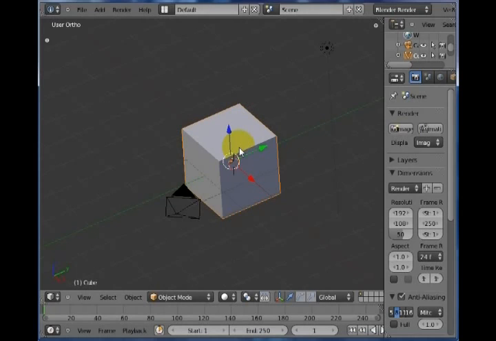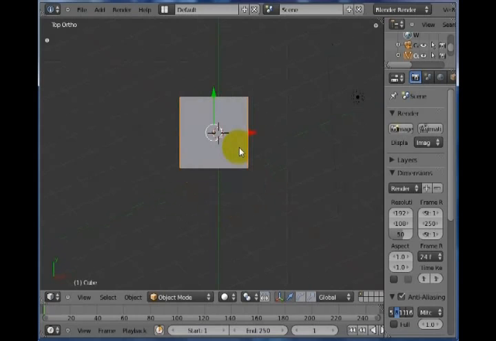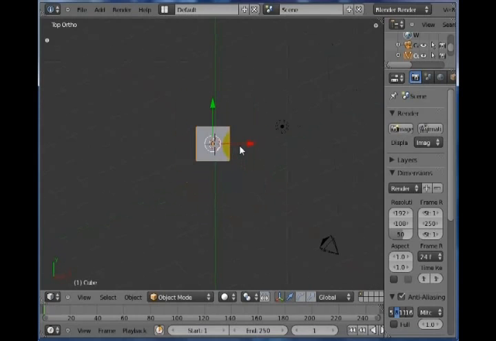If you look at your number pad, a number 7 puts you into a top viewport, which is like looking straight down on top of the object. If I hit a number 1, it rotates my view so that I'm in a front orthographic view, which will tell you up here in the corner. If I hit number 3, I'm in a right side view. So 7 top view, 1 front view, 3 side view, just like you would lay out the views of an